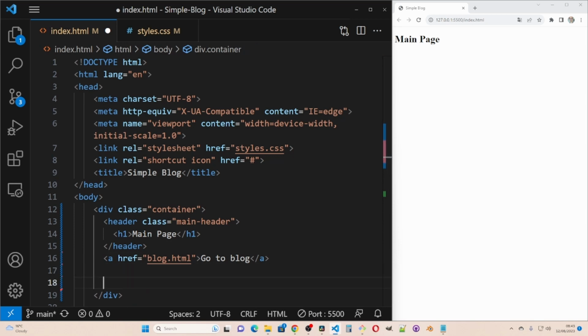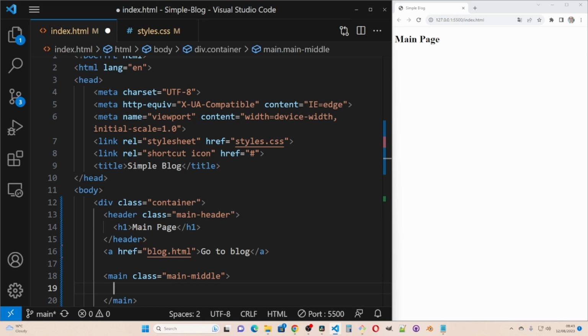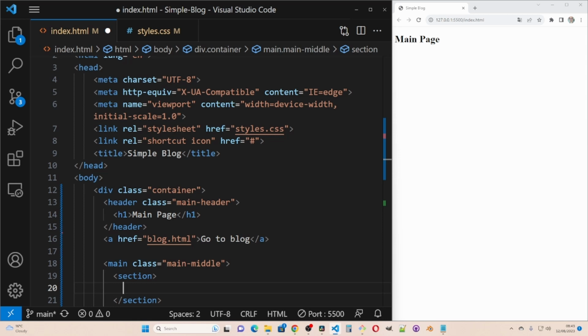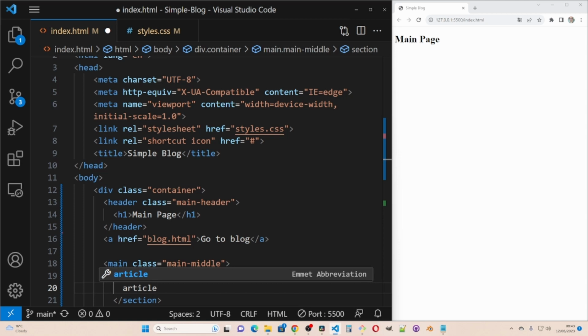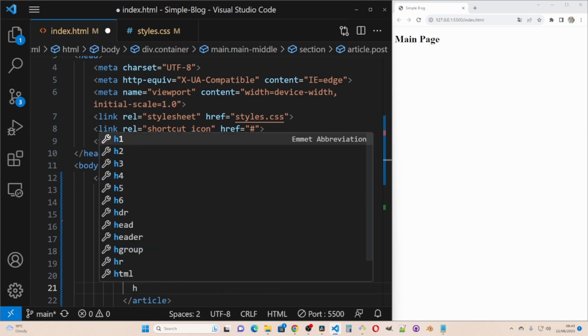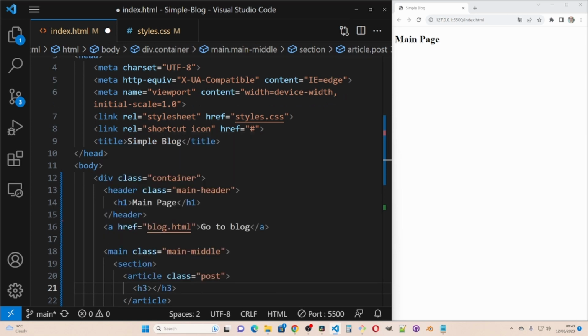Now below here I'm going to create a main with a class of main middle. In here I'm going to create a section, and then inside here I'm going to create an article with a class post, and then an h3, first blog post,